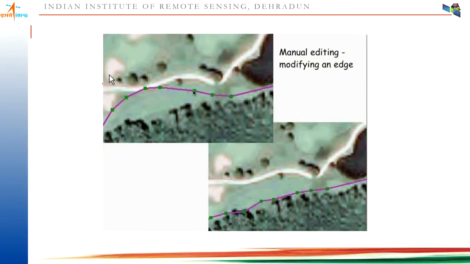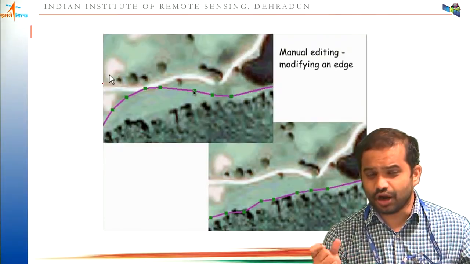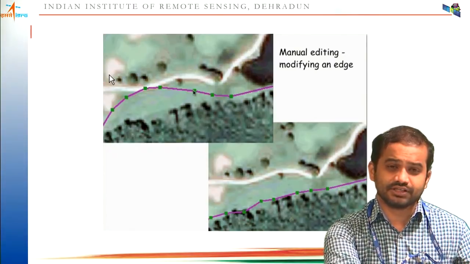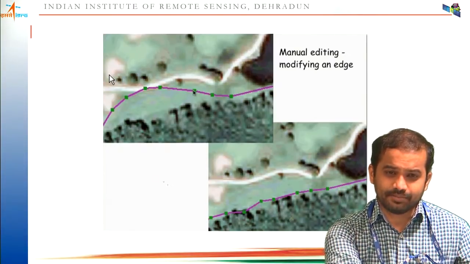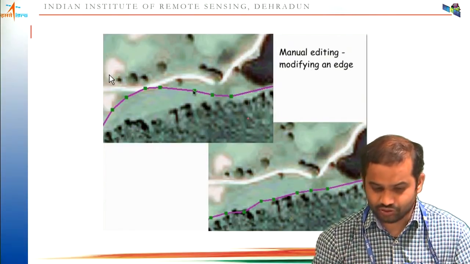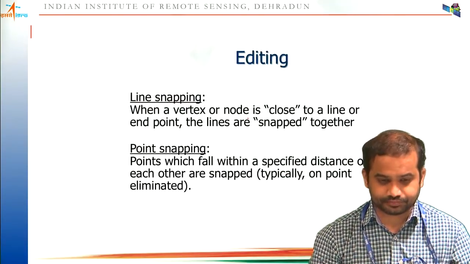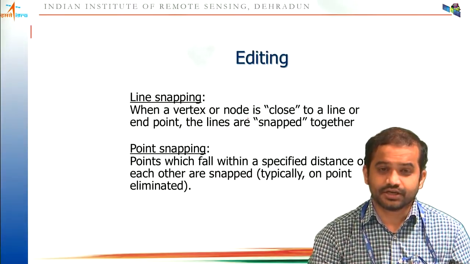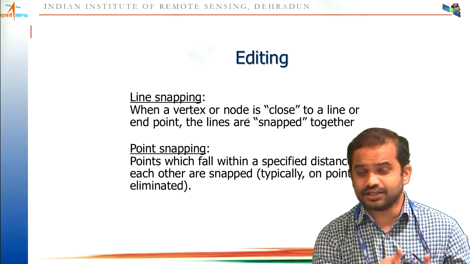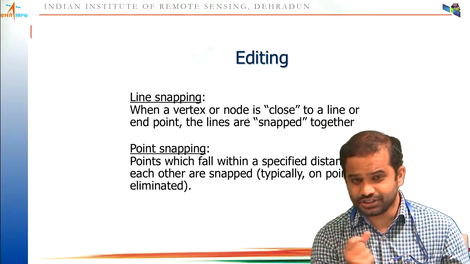You can select any edge, and each edge consists of one start and one end node, and in between a lot of vertices. As we discussed, vertices define the shape. So you can move these vertices up and down, to any place, so that the shape of the edge matches the required one. In this way also we can correct it. Right, so we have seen two kinds of editing: one is by removing, another is by editing the vertex locations.